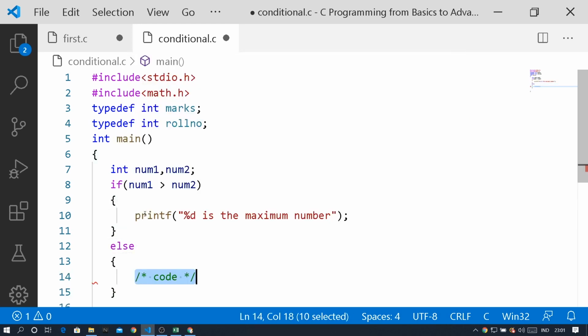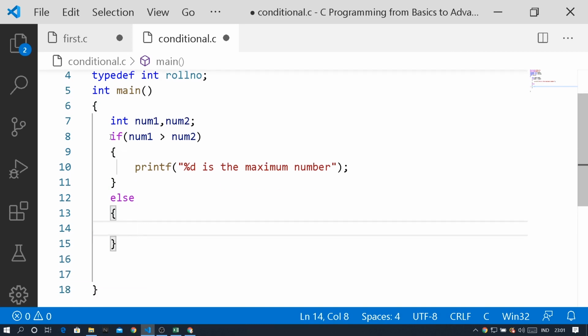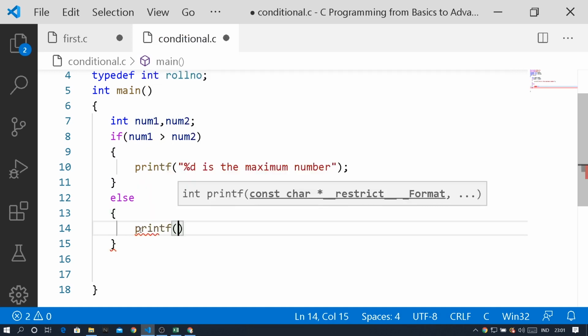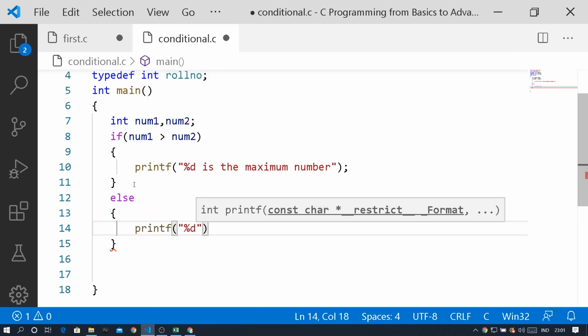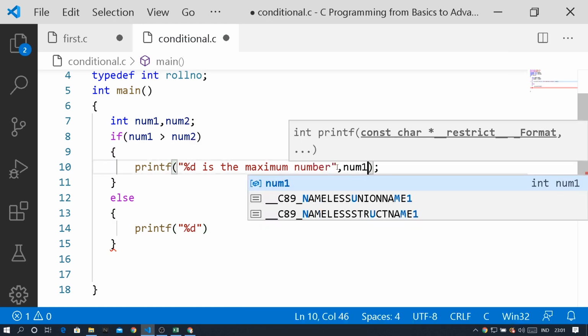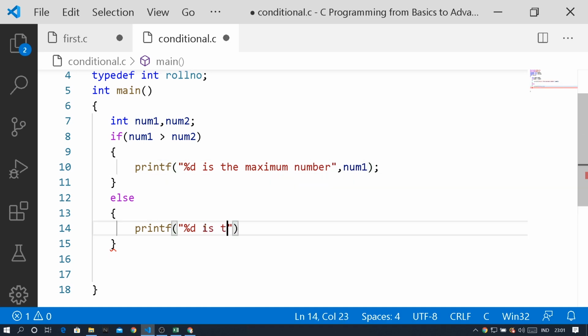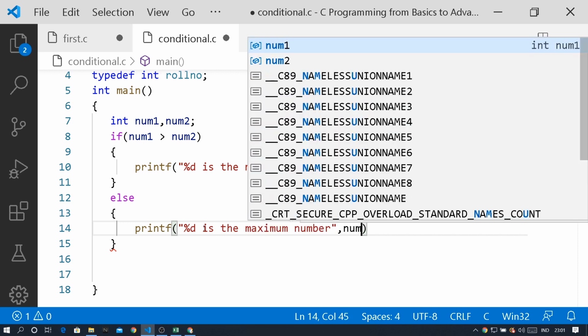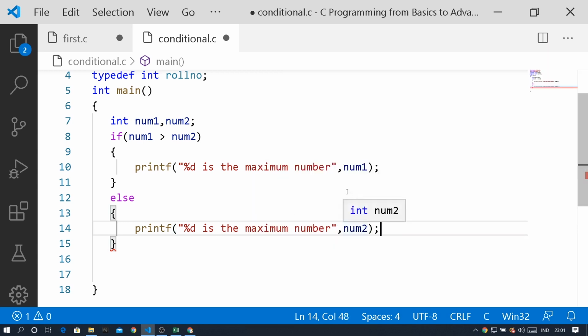Else, what will you do? Else I will just tell, if suppose number 1 is not greater than number 2, definitely, automatically number 2 will be the greater. So if this condition is not true, what do you do? You just print that %d is the maximum number. Instead of %d, you have to give a variable, right? What is the variable? Num1 is the maximum element, so you can give num1. Similarly here, %d is the maximum element, the same sentence, but instead of %d you will give num2, because if num1 is not greater, then num2 becomes